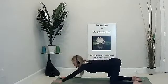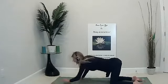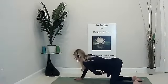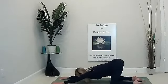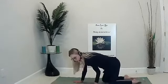Last one, reach out. This is called puppy pose. And you're going to drop your forehead down on the mat and stretch your arms out as far as you can in front of you. And again, give it that long stretch. And as you're doing that, take a couple deep, long breaths right into the belly. And then let's walk this back, come around,